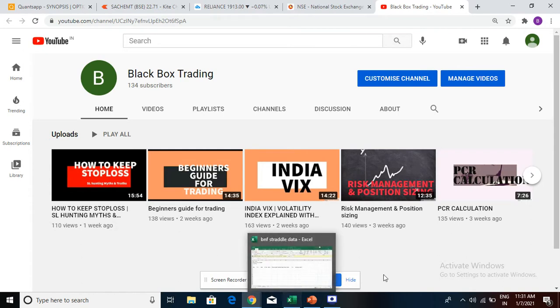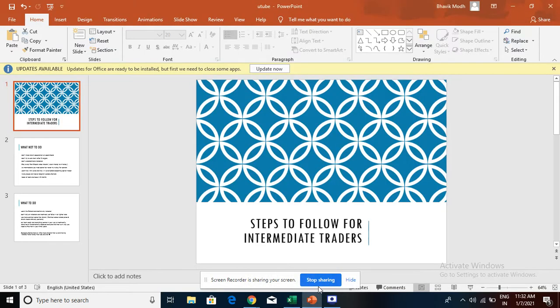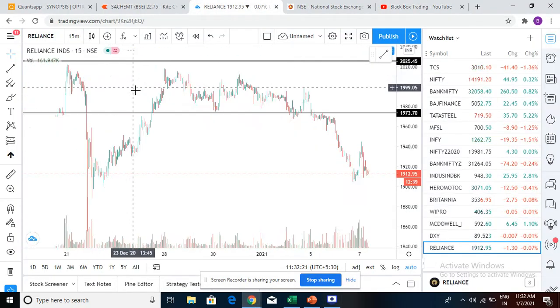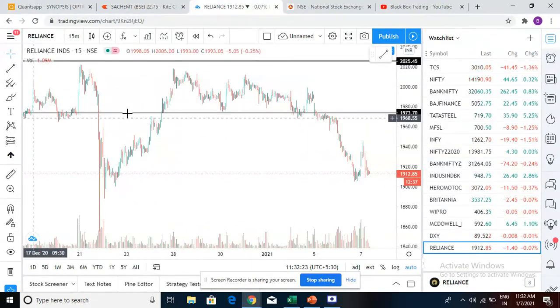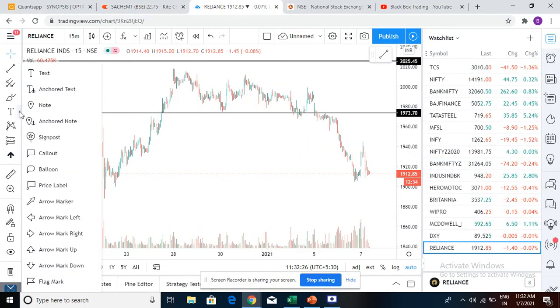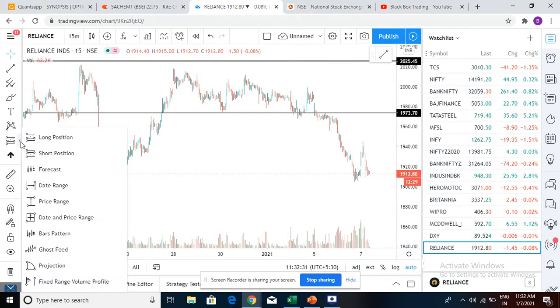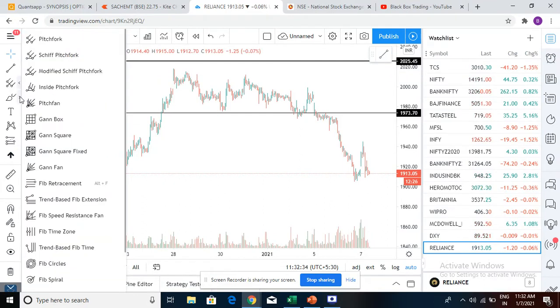Let's continue with this. So I'm guessing as an intermediate trader, you learn lots of things like candlesticks, moving averages, RSI, a few indicators, point and figure, or Fibonacci, or Gann, or lots more things. And you also learn how to use all these things like trend line, support. How to use these things, maybe you learned, or as an intermediate, everyone learns these things. Okay,